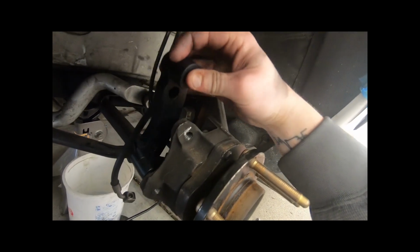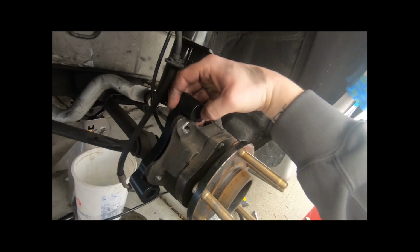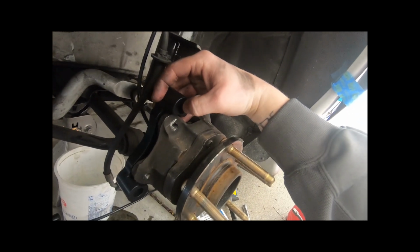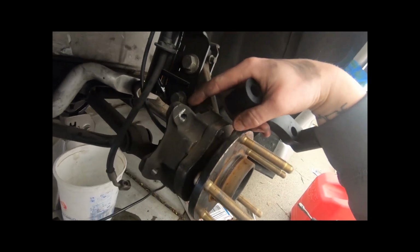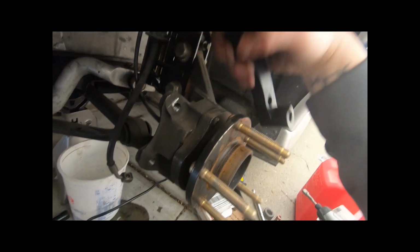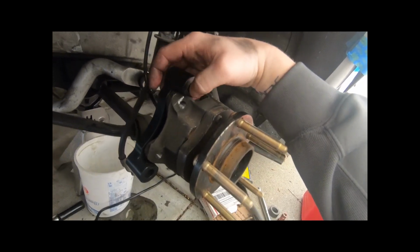From what I've read in the past, I guess people have had problems with clearance issues on the knuckle. I don't know if he redid the design or whatever, but I have not had to grind anything down on this knuckle right here. It literally just pops right on. So what you're gonna want to do is